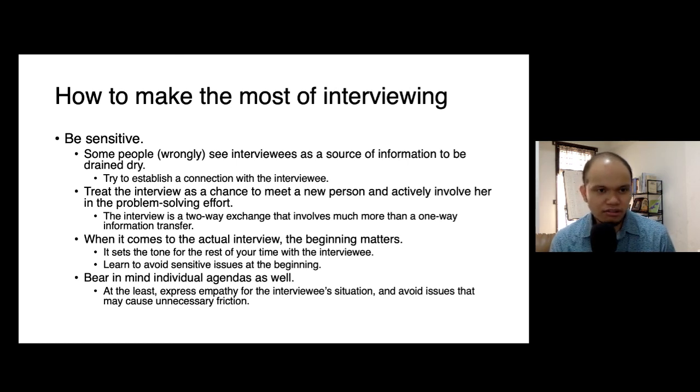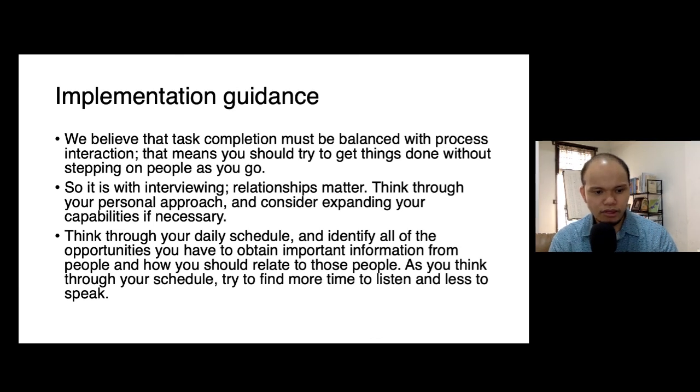It's just that you are also aware that certain people maybe don't like to be interviewed. Maybe they have some things in mind about you. Maybe they'd like to get to know you better, perhaps. That's fine. But you definitely avoid issues that would lead to friction, because that would probably be counterproductive to your interview process.